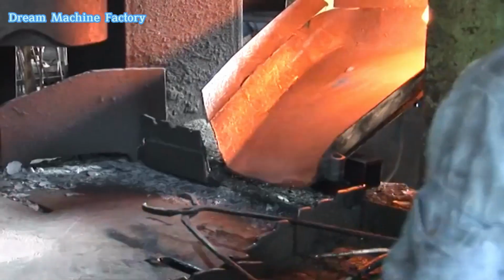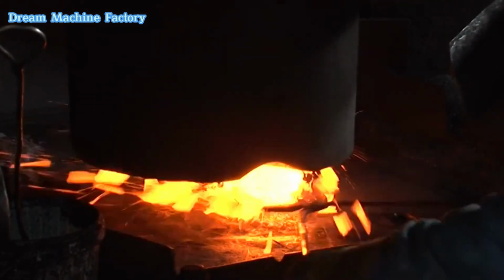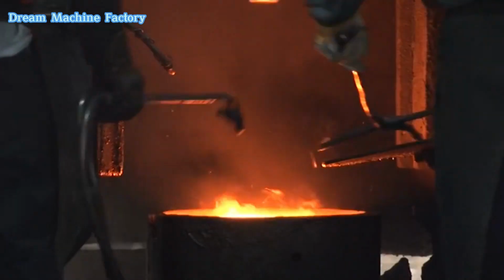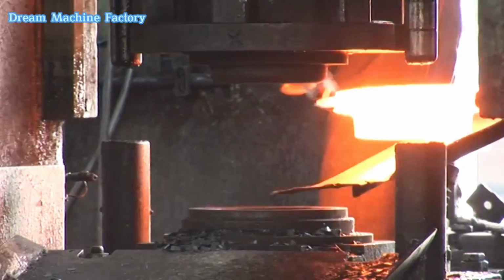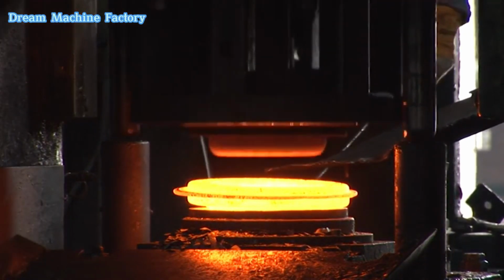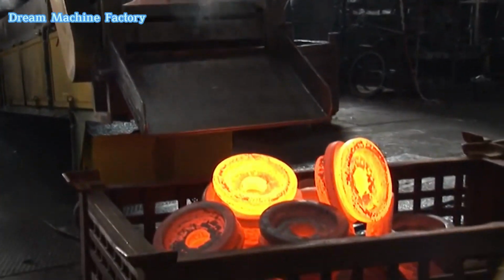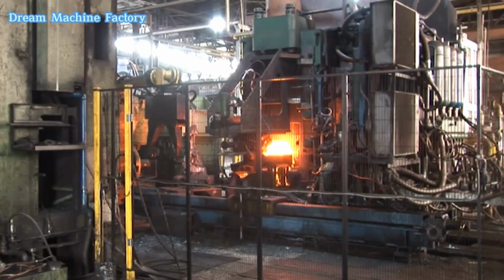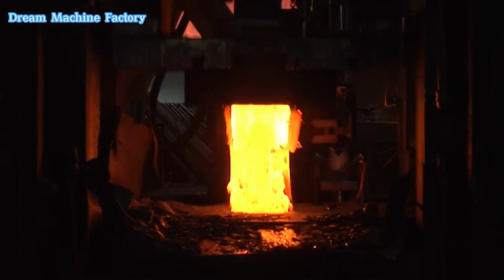These hammers shape the heated metal into precise forms based on customer specifications. The forged parts can weigh between 15 to 200 kilograms, making the process suitable for producing large and heavy-duty components. One of the challenges in hot forging is controlling vibrations generated by the powerful hammers. To address this, modern forging facilities incorporate anti-vibration systems that reduce ground vibrations by up to 90%, minimizing environmental impact